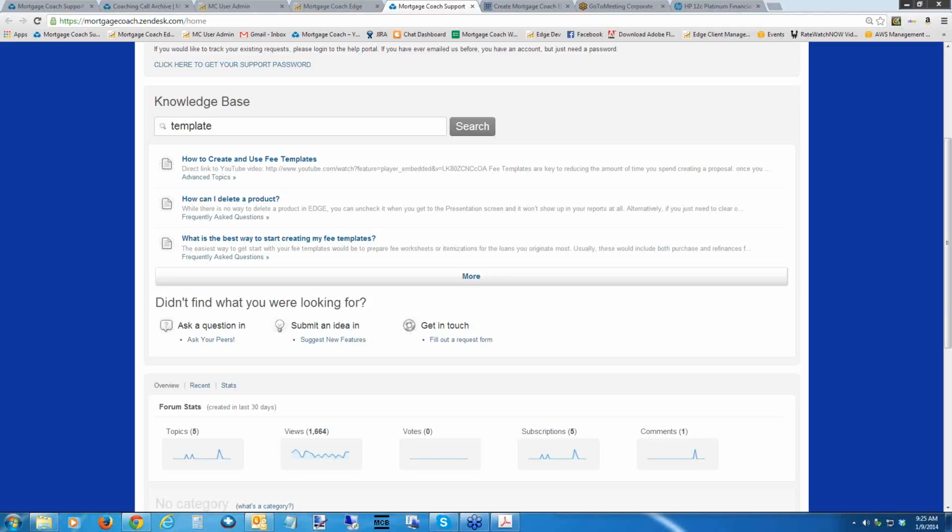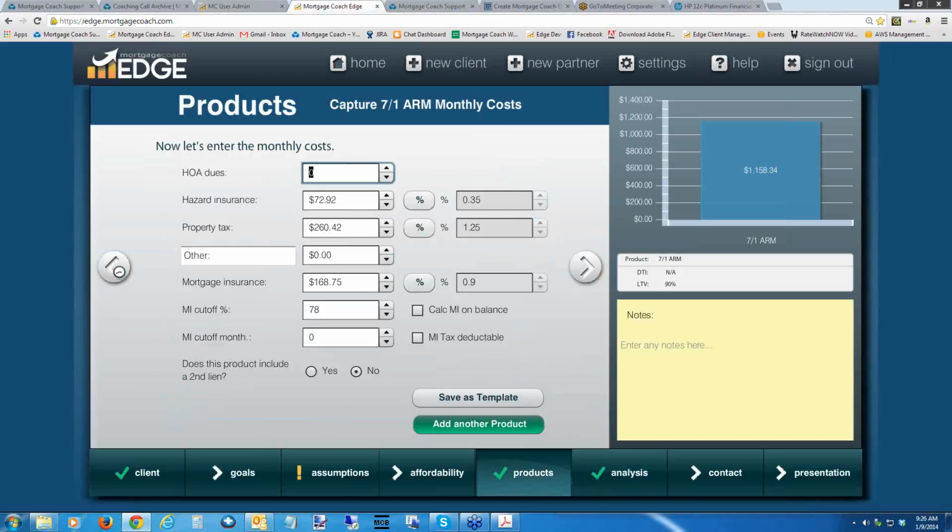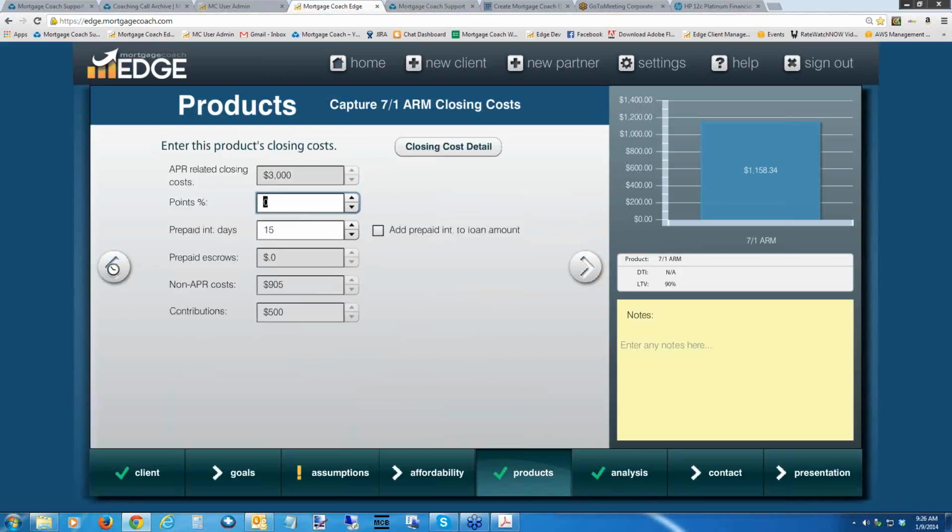Charlie's question, he said, did this change on the existing templates? I believe you're referring to the way I was building those templates. We haven't changed anything on those. Basically, I was just showing you how to do it from the settings, but you can also do it from the products themselves. So for instance, if I had created a product, and let's say I didn't pull this one in as a template,